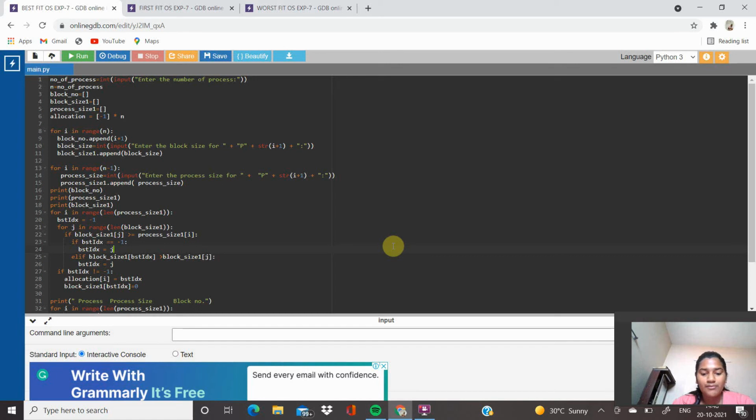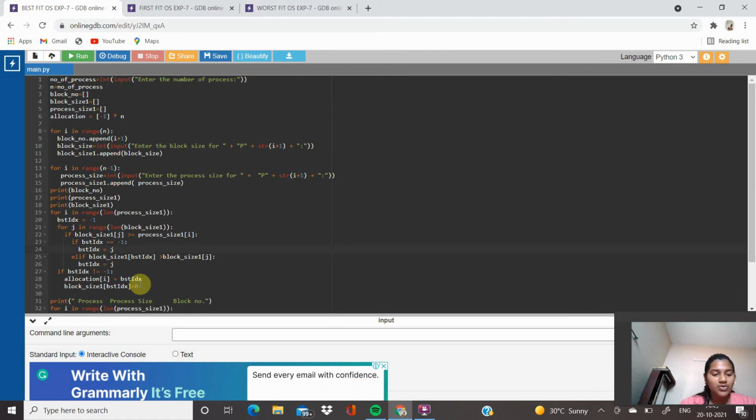First we'll look at best fit. What is meant by best fit? Best fit deals with allocating the smallest free partition which meets the requirement of the requesting process. It searches the entire list of free partitions, considers the smallest hole that is acquired, and tries to find the hole which is closest to the actual process size needed.